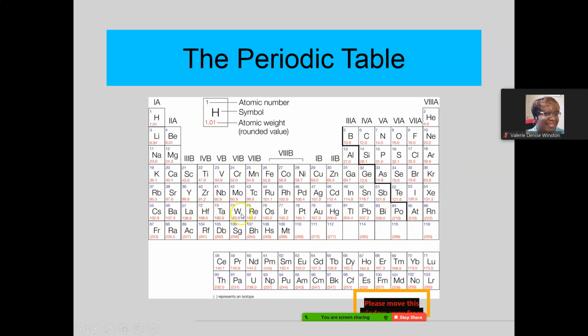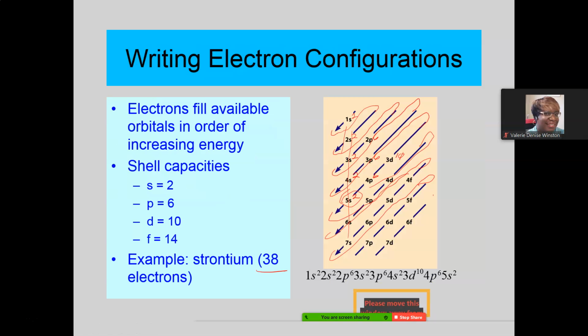So then you go through, what was that, 4F, 4F was down here, 5D was up here, and then your 6P was here, these 6 here. And then from this radon, which is a noble gas, you go over to 7S. And 7S is as far down as you went here, and then you go back to the top and do your